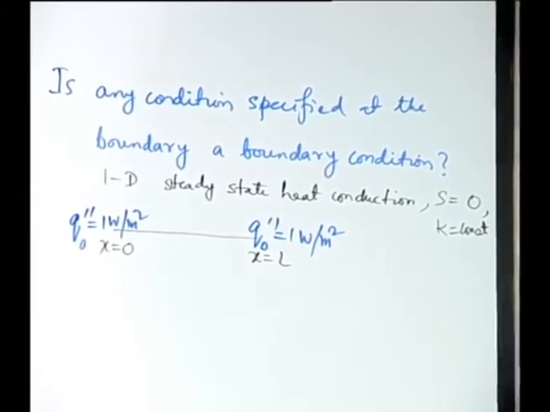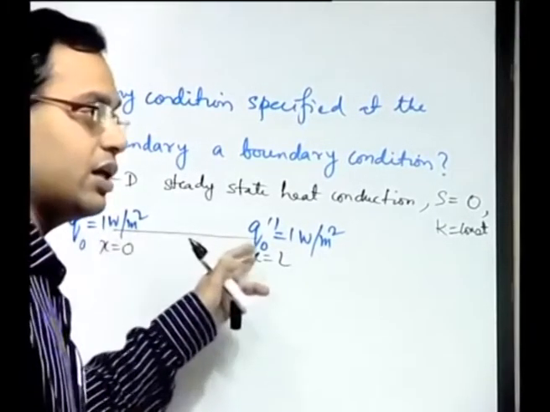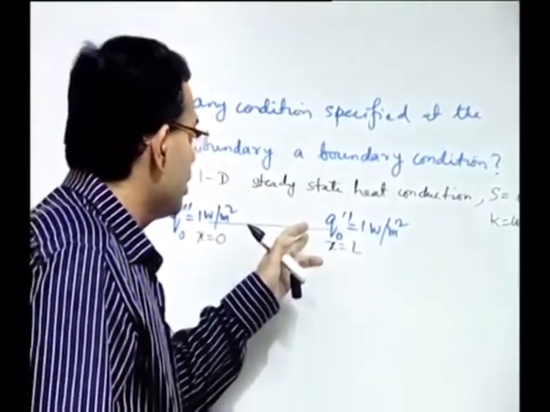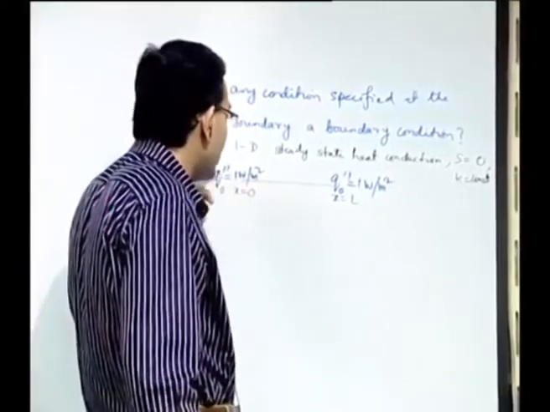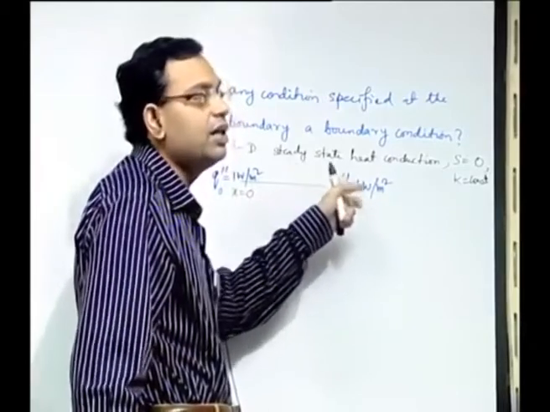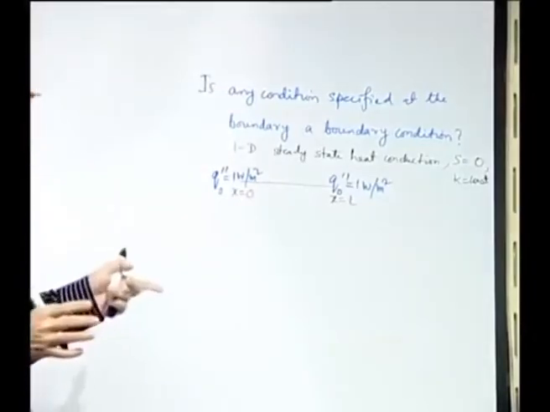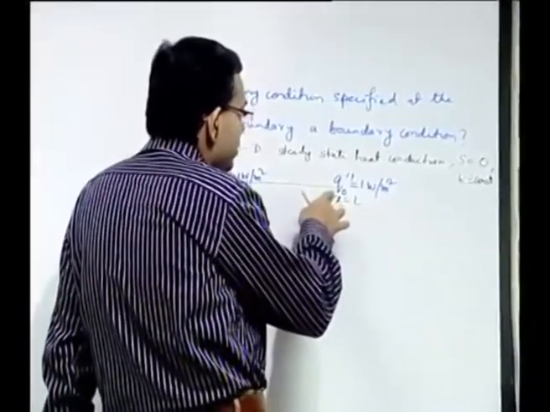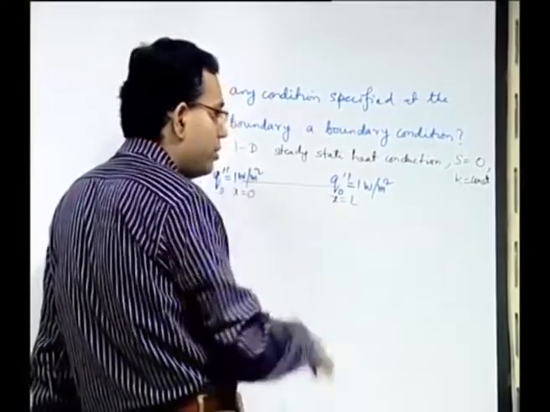So, let us see what the solution of this problem is. We have given boundary conditions at the two boundaries, and it is physically a consistent one, because whatever is the rate at which heat flux enters, the same rate at which the heat flux leaves at steady state. So, it is consistent with the steady state energy balance. This is what type of boundary condition? This is a Neumann boundary condition at both the boundaries.